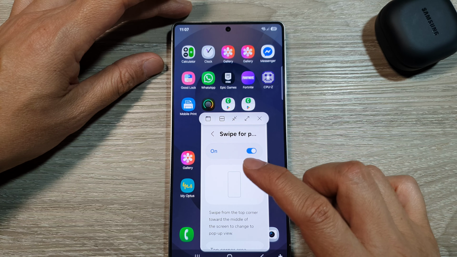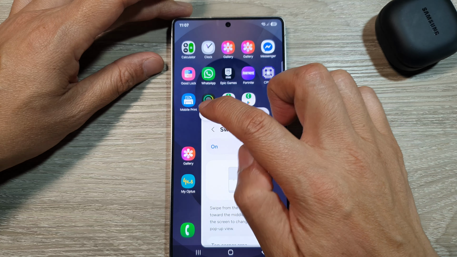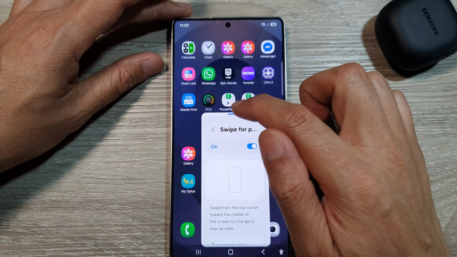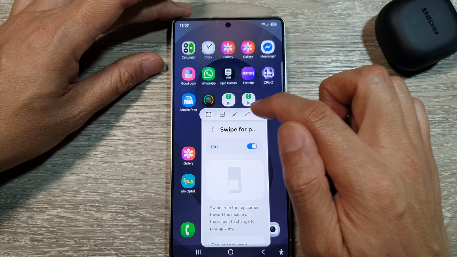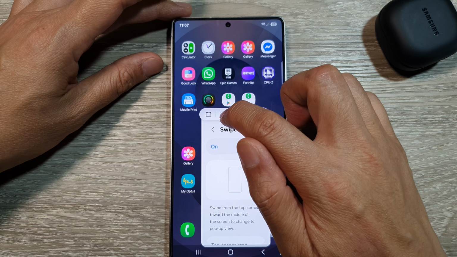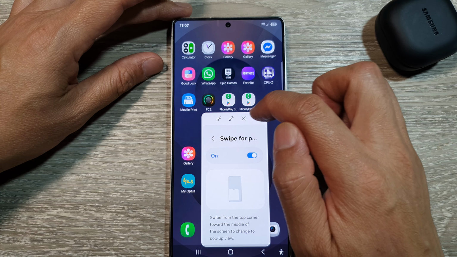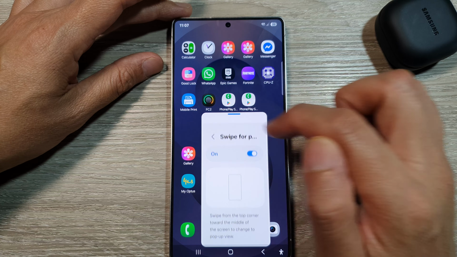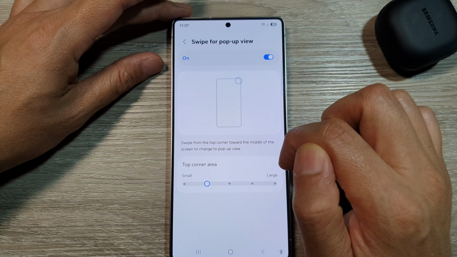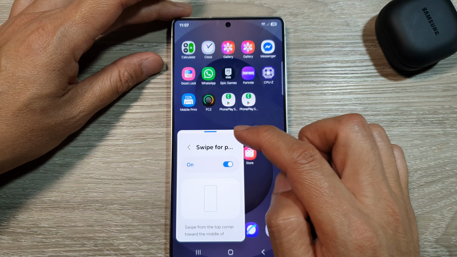And here, if I tap on the bar, I can also have other options such as minimize the app into a floating icon, or I can expand it out into a full screen app. I can also tap on it to change it to a split screen, or I can tap on that to close it. So here I can tap on that to close the view, or I can expand it, and that's it. So I can just drag down at the corner to create a pop-up